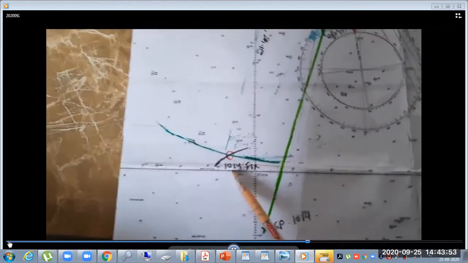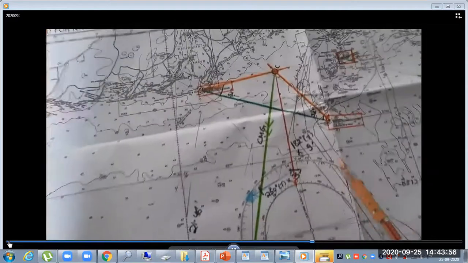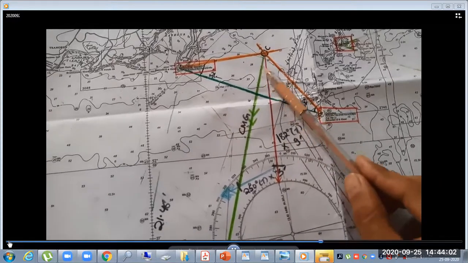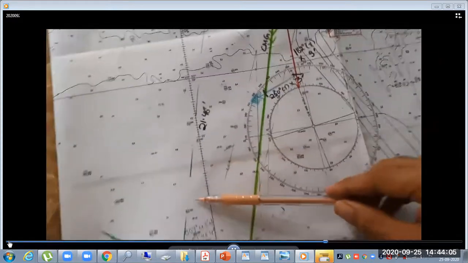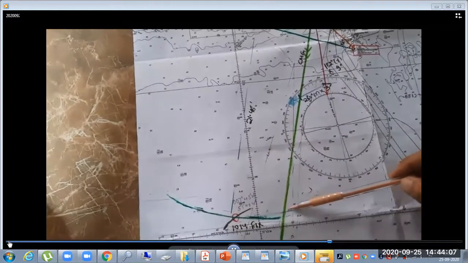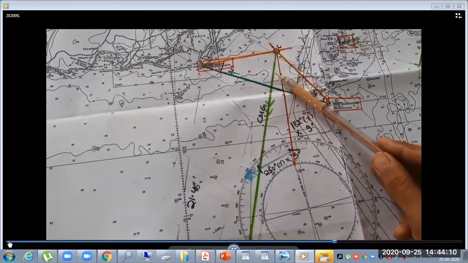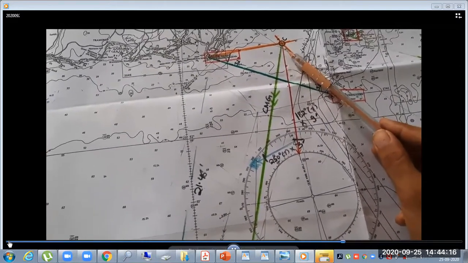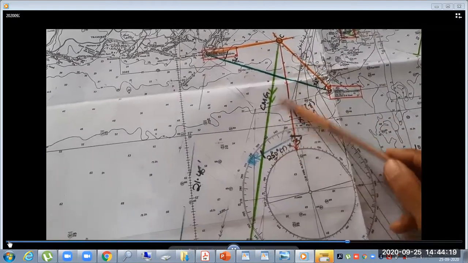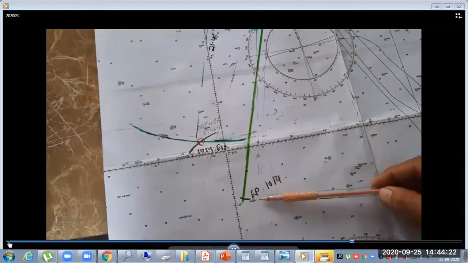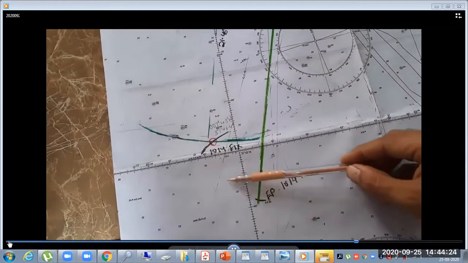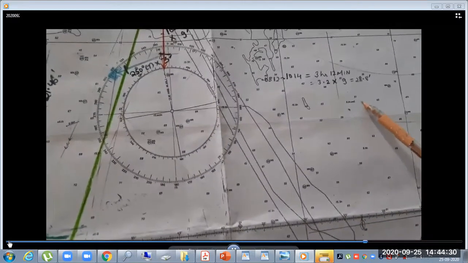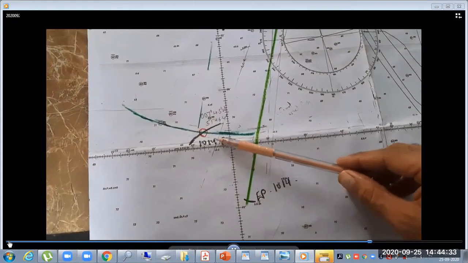So basically what we did is nothing complicated. We have one position circle from this HSA, and we have the center of this circle, and we have a second position circle from this geographical range, and it's done. After geographical range it becomes simple transferring of position circles. From the center of the circle we put course and current, and we have the course made good. We put the run to get the EP at 1014. From this EP we transfer the first position circle for this 28.8 miles, and wherever it cuts, that is our fix.